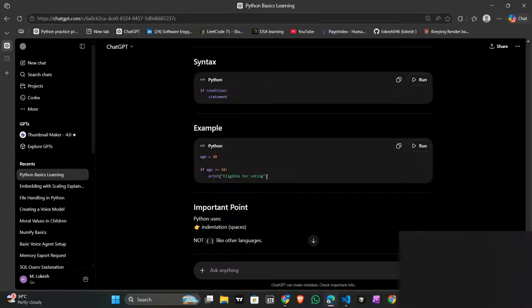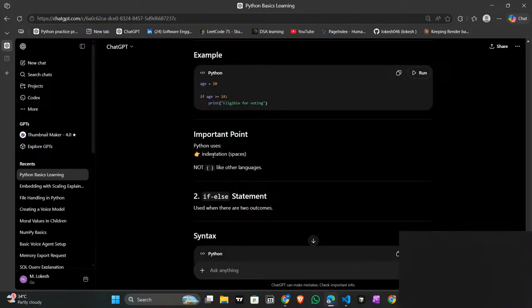So we want to check if age is greater than or equal to 18. That is the condition we have given. If it is satisfied, we want to print whether they are eligible to vote or not.